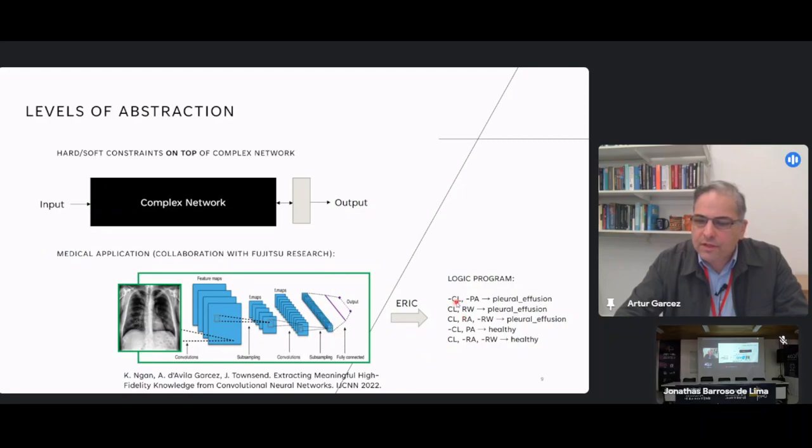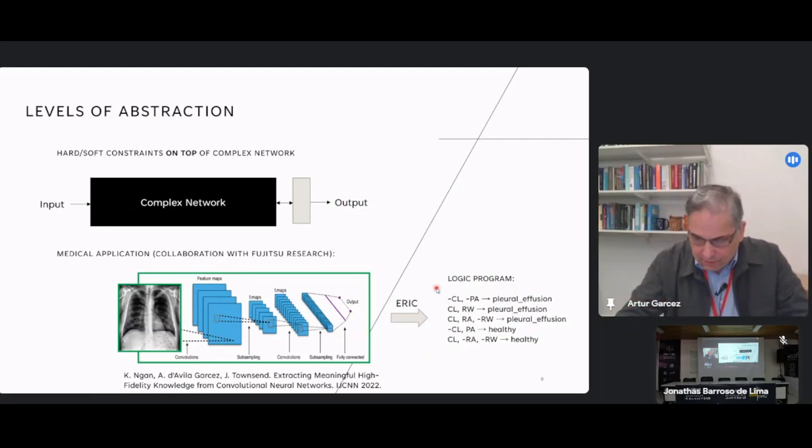So each literal, not CL and not PA, two kernels in here imply plurifusion, the classification output here. And then not CL and PA imply not plurifusion, this being a binary classification, so assumed to be a healthy X-ray. Of course, this can be extended to multi-class classification, and the idea is that